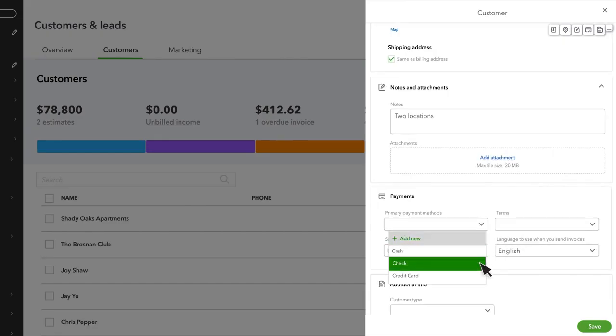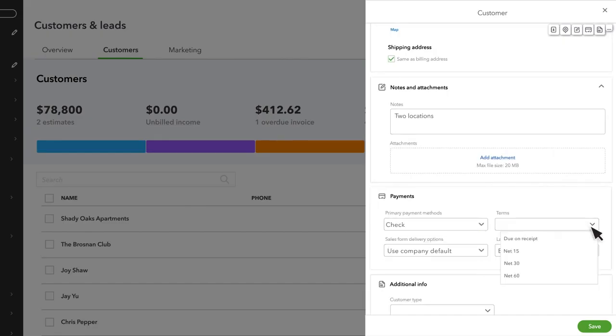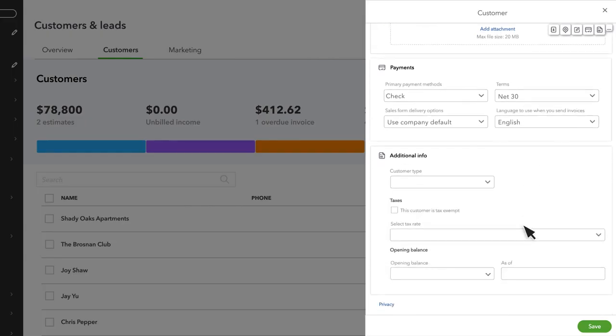You can also set custom terms to specify how many days they have to pay your invoices. If you leave this box empty, they will get your default payment terms, but you can always change this when you create an invoice. Additional info allows you to enter customer type and exemption details if the customer is exempt